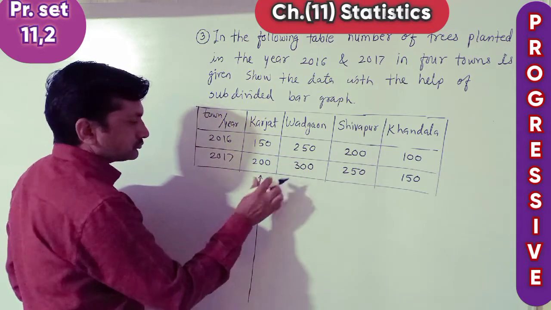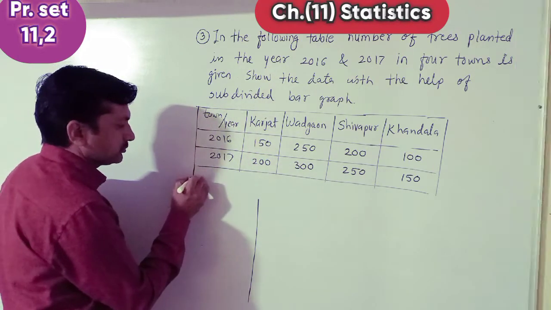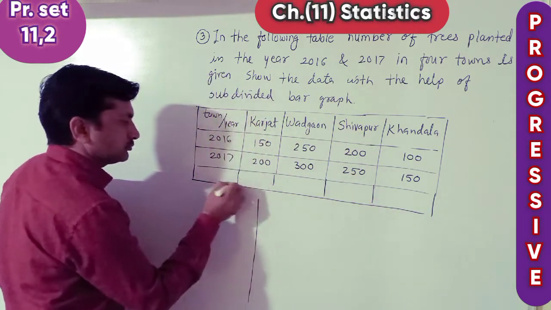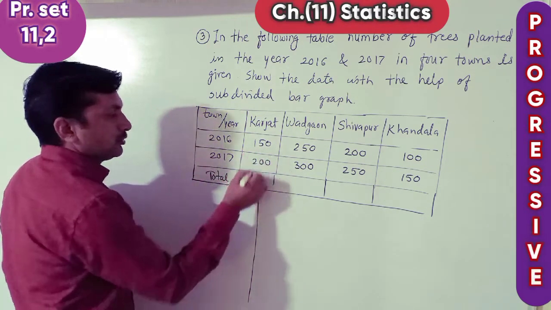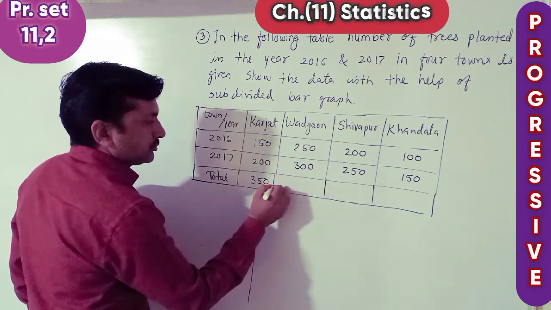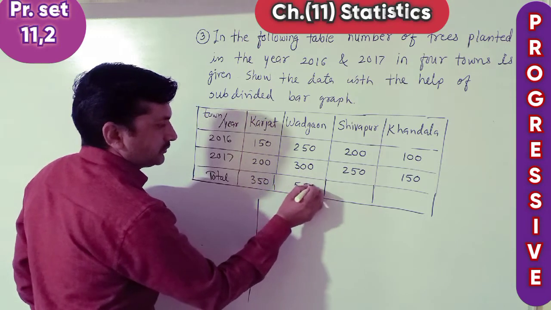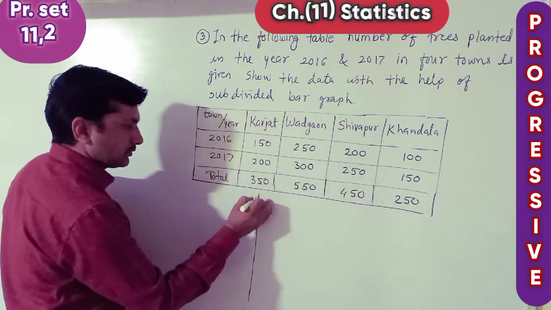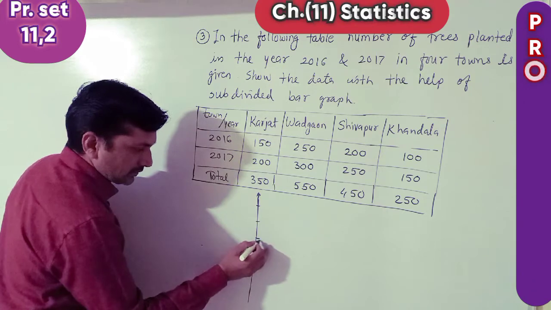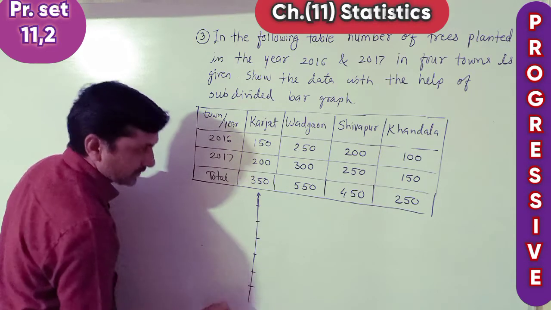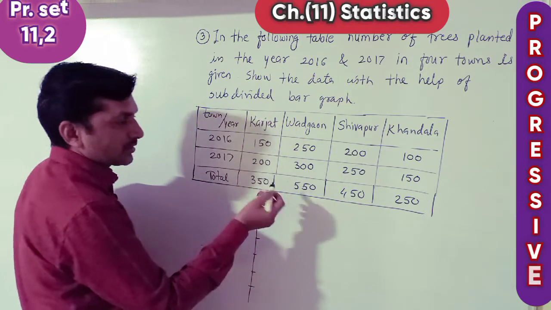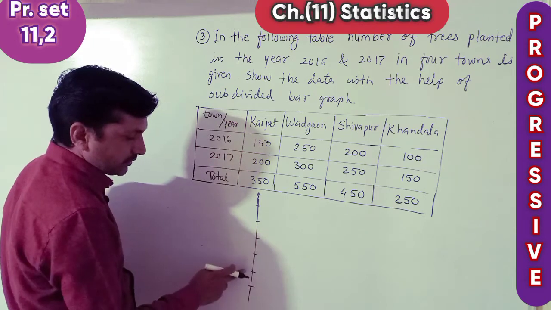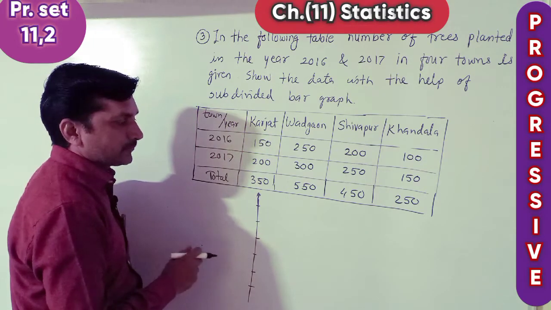First here, as in the last example we did total, therefore here also total we want. Total is here 350, total here 550, here total 450, and here total 250. Now here 1 centimeter is equal to, on x-axis, highest total is 550, therefore 550 we want at last. 50 we can take, 50, 100, 150, it will be more. If we take 100,